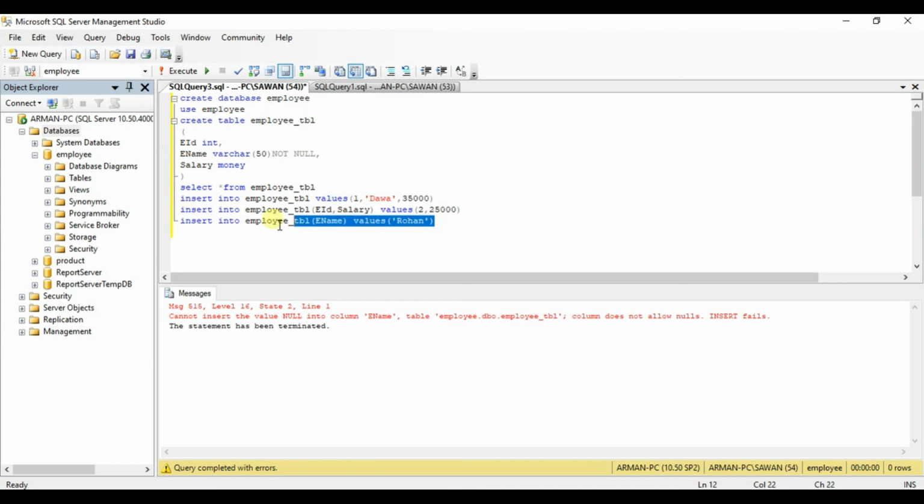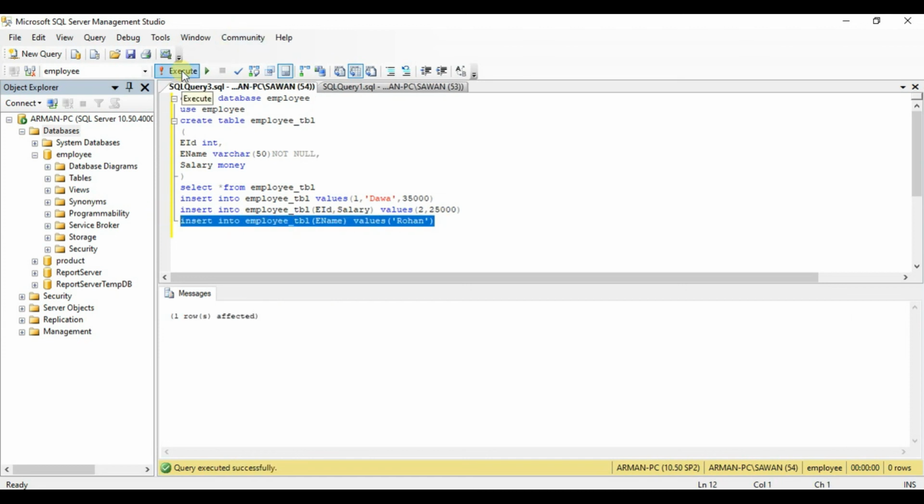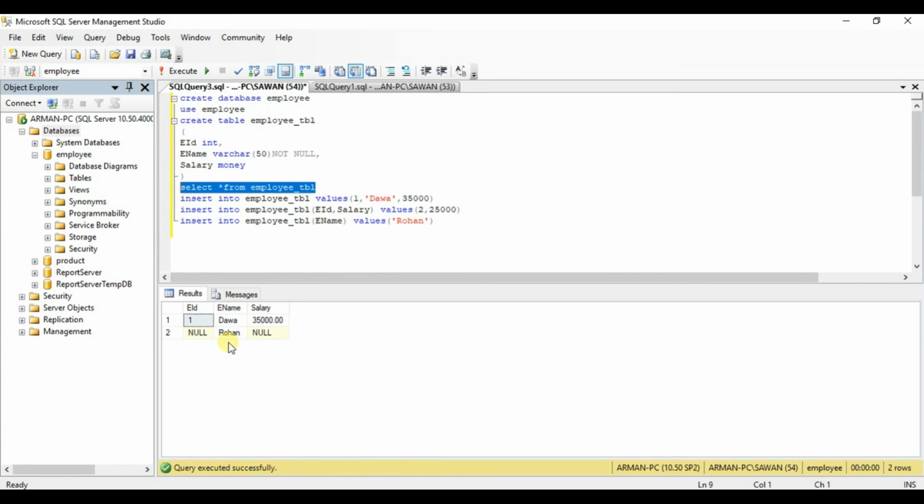Now select all and execute. It says one row affected. Now let's see whether the value Rohan is inserted into the ename column or not. Select all and execute. See, the value Rohan is inserted into the ename column, right?